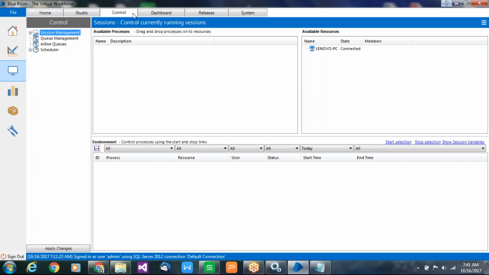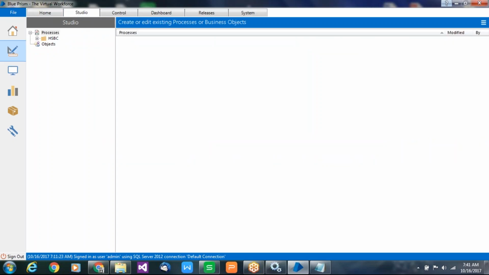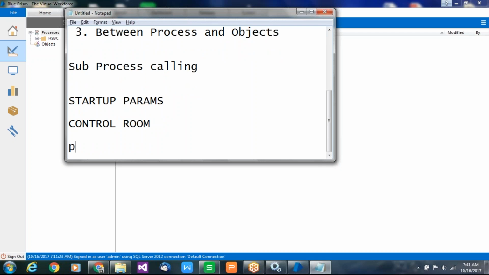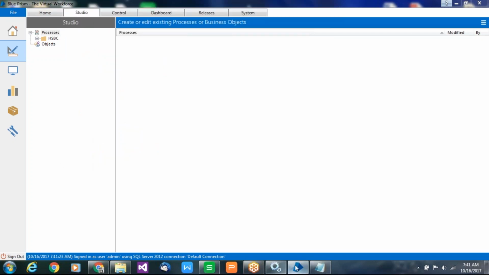Okay, coming to here, just before going to control room, one more relation is there to go with control room: publish the process. Till now we did a few examples, as you know.